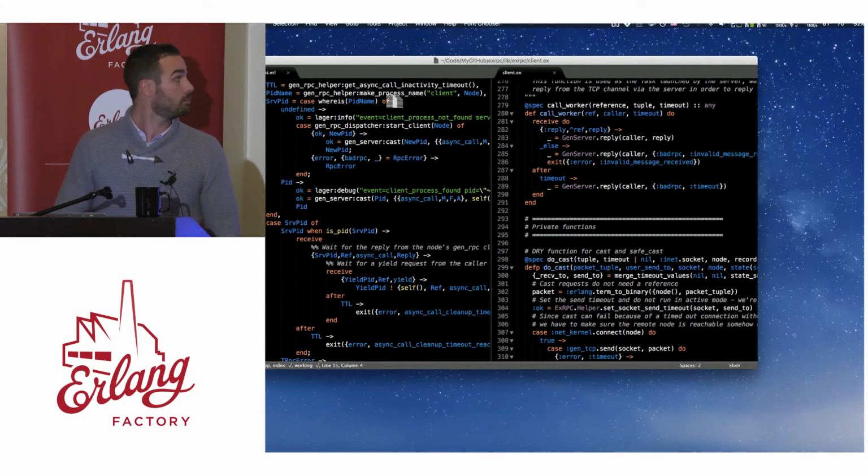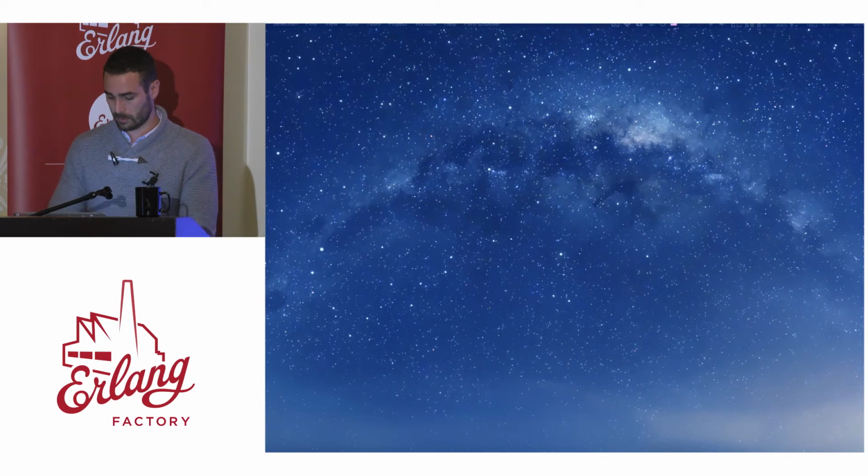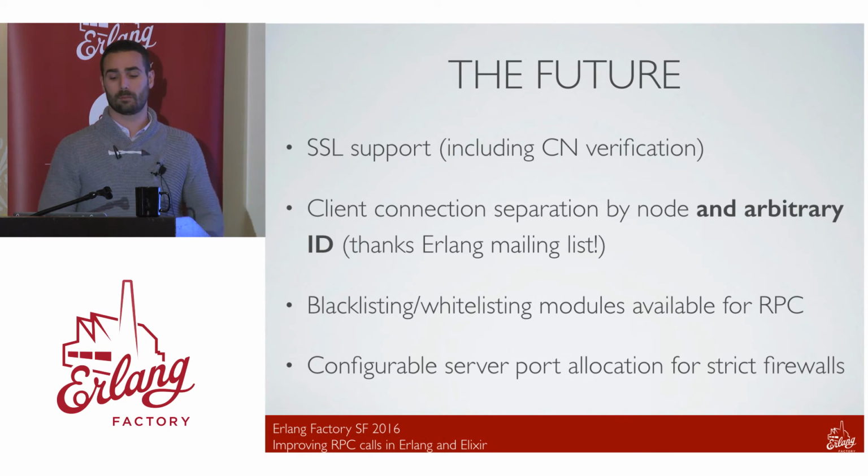Enough with the demo. Sorry, where's the pointer? There it is. And I'm going to show you what the future holds, basically. And the future, the future are these 4 features. After that, I don't think there's any point in developing anything more. But we're planning on supporting SSL